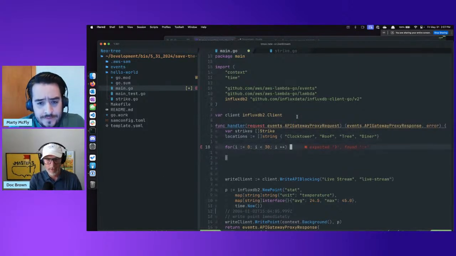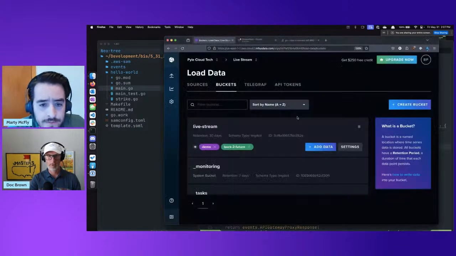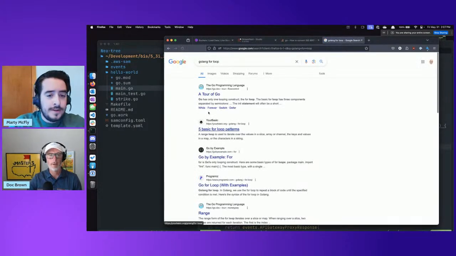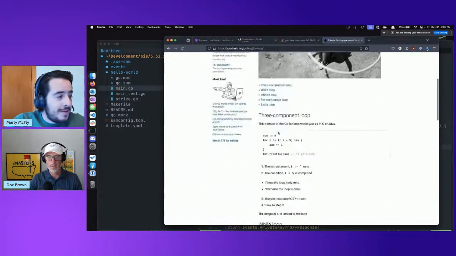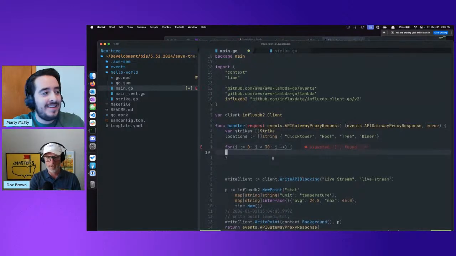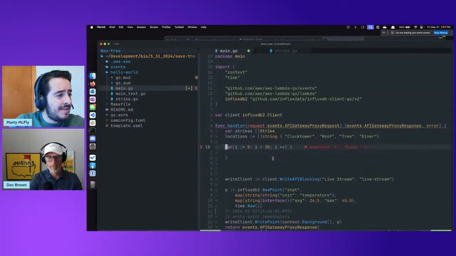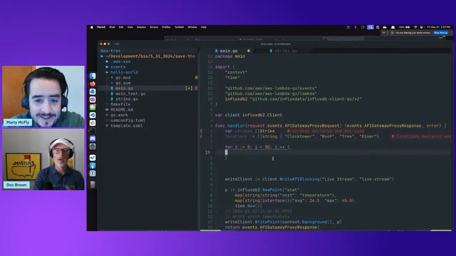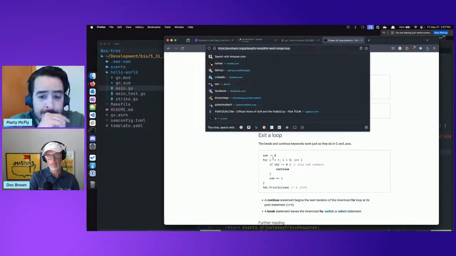Expected... Why is my syntax wrong? It's been a while. Golang for loop. See, like I said, this is how I like to program. I don't want to do it by range. Oh, it's right, you don't have parentheses in Go. Jeez, idiot. Such a moron. It's fine. Cool, locations declared.